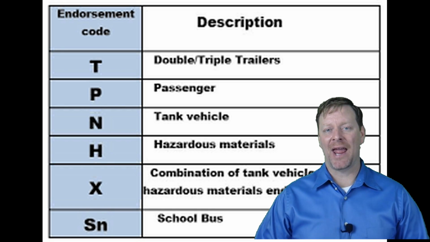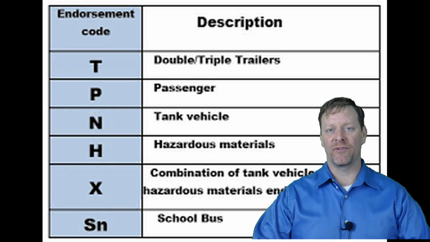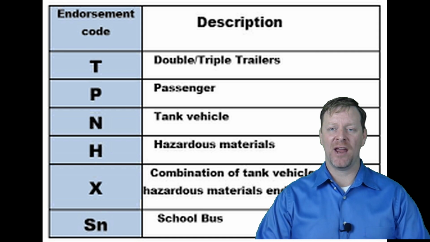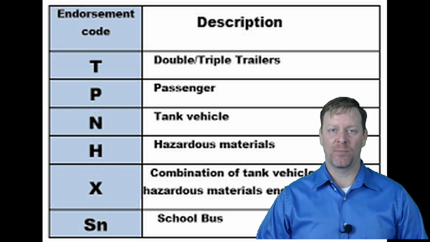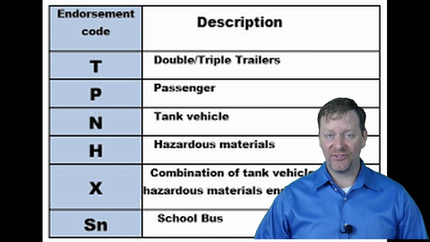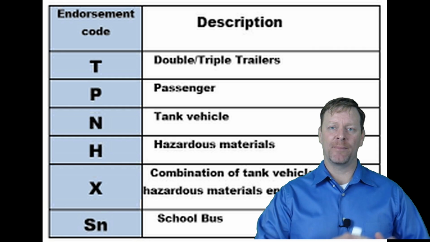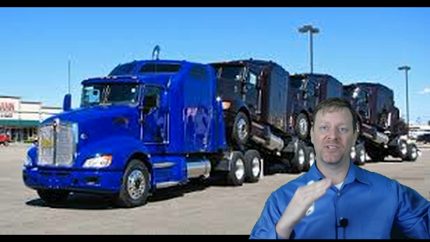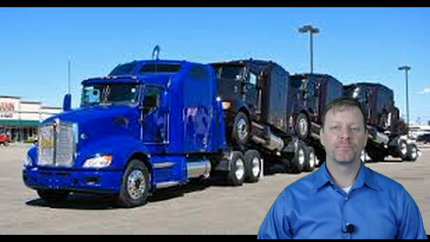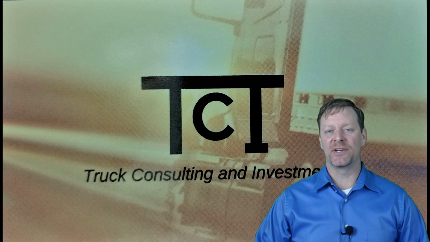Now, sometimes those licenses are going to require mandatory endorsements. For instance, a regular commercial truck that everybody's used to with the truck and trailer, you have to get an air endorsement because instead of fluids, they operate off of air to activate and deactivate the brakes. If you're going to be driving a bus, you're probably going to need a passenger endorsement. There are also tanker endorsements, multiples. The multiple is going to be where you see the trucks with all the other trucks attached, or maybe you're hauling two of them.